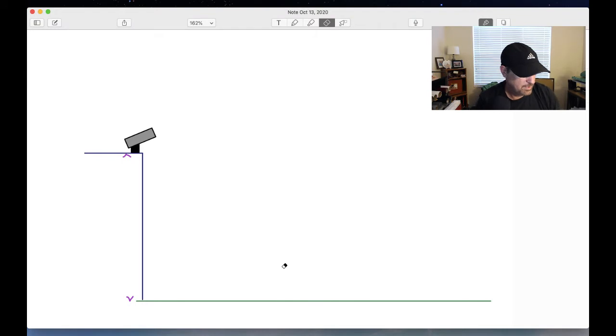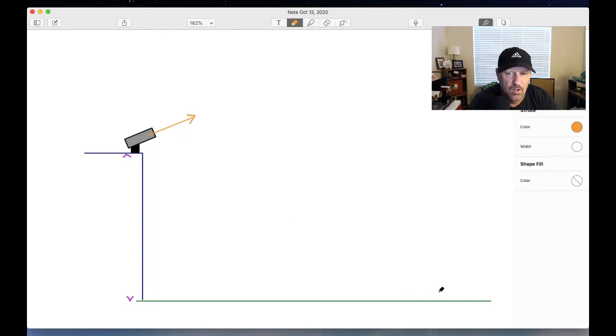Alright, so here's what we're trying to do. We launched a projectile from the top floor at Student Services and had it land down on the floor in the Media Center. So we were doing math on this projectile to see if we could predict, using a reasonable mathematical approach, where on the floor it will land. In other words, what is the horizontal range? And the horizontal range of this object would be found by